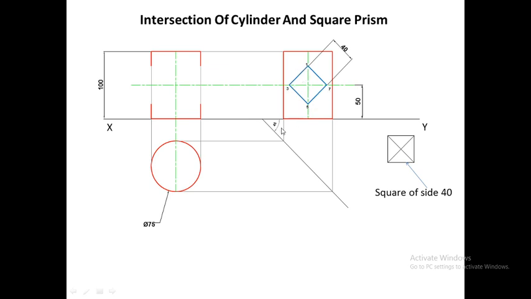Now we will project all the points in the top view one by one. So first I have projected point 3 on the 45-degree line, then I have projected point 7 up to the 45-degree line, and the center line is already projected. Now we will extend this position line in the top view. So we have extended this position line up till here and up till here. Now we will complete the top view of the square prism, which will be a rectangle.